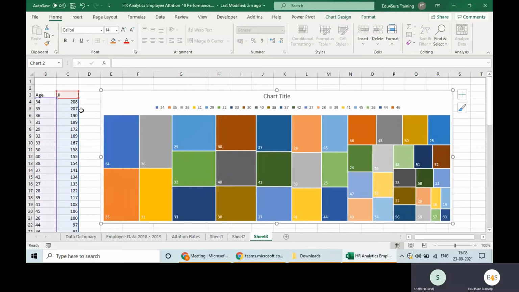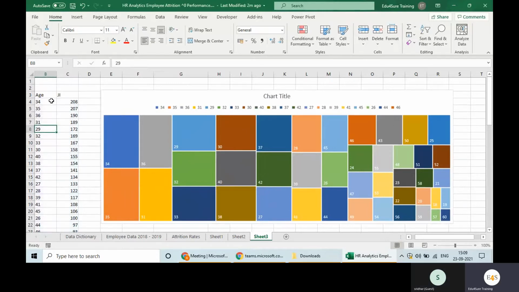If you are not going by this chart and take this table into consideration, taking the top 5, the minimum age is 29 and the maximum is 34, right? So this kind of analysis decides the most efficient age group, using which we decide which age group to hire. Many companies have policies that we do not hire above 35 or 40 and so on, right? So this is what we were looking for.